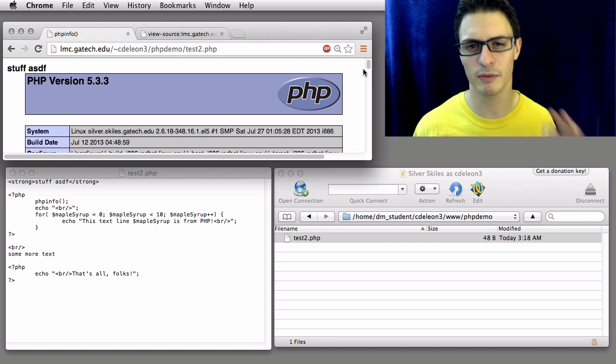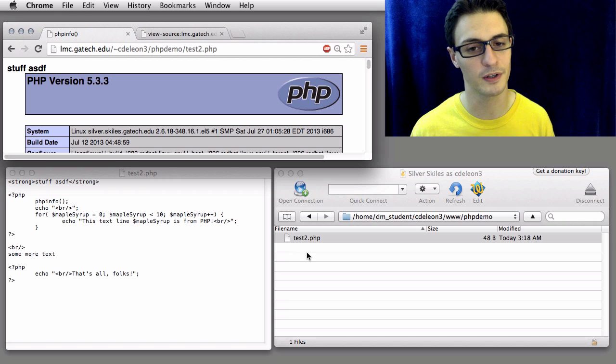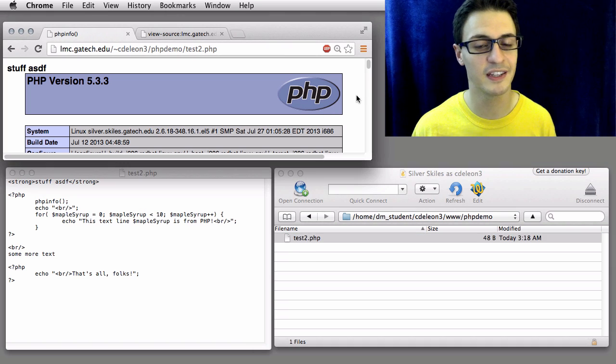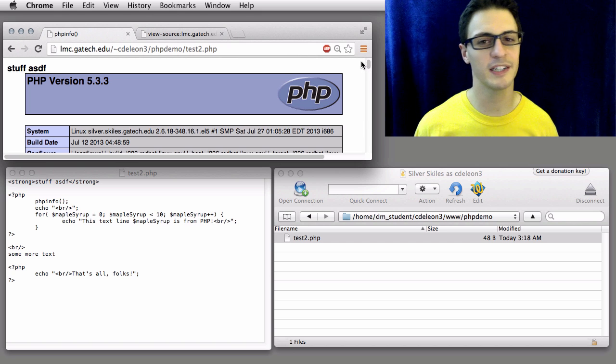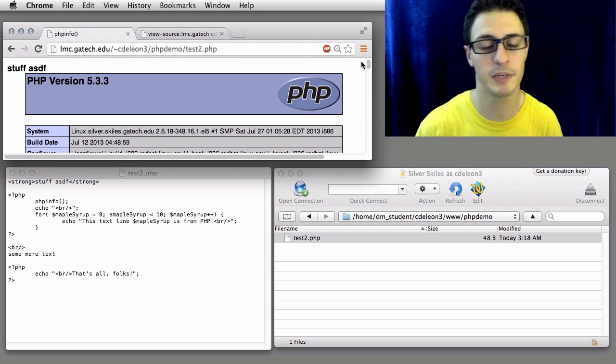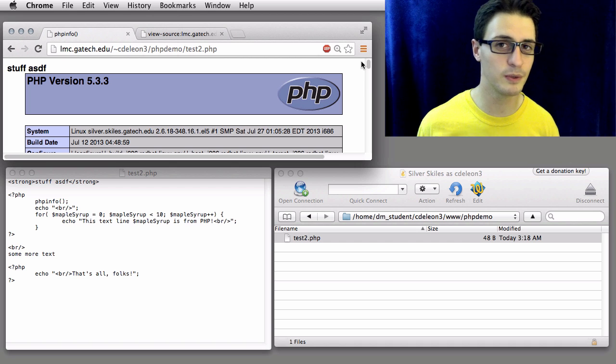In order to get it to really run that code, to calculate the for loops, use the variables, and do the echo calls like you expect, you need to be running it on a server, and in this case, with the exact same configuration that you're writing code for. And that's why sometimes, even though it's handy to just spring up a local server and tinker on some PHP and upload it then to where you're working,